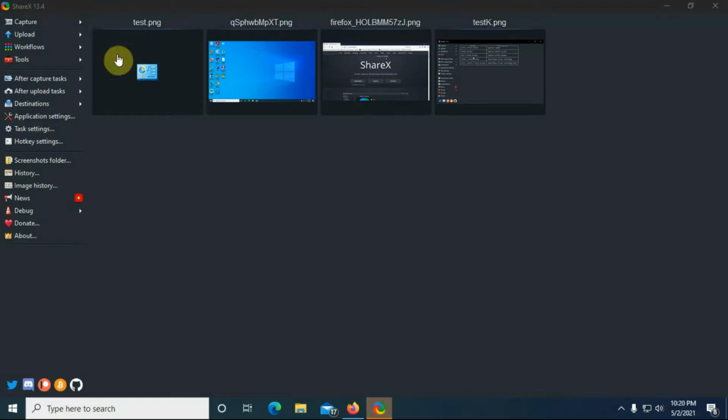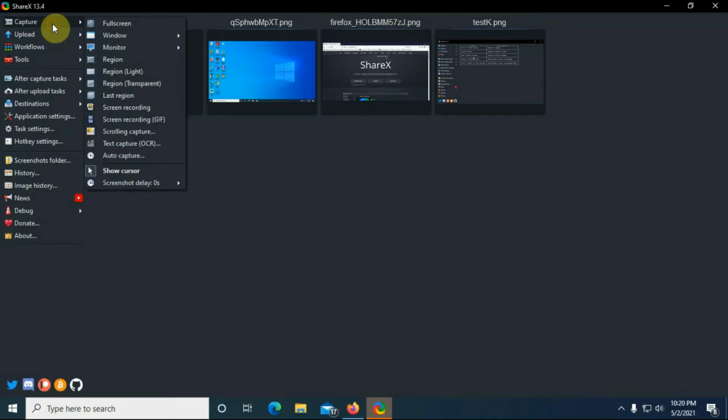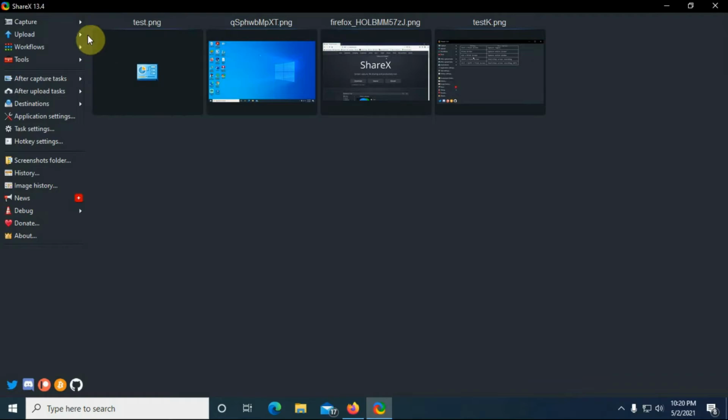Okay, so let's go to capture, upper left hand corner, click on capture. You can do full screen, window. Window is basically if you have, say, 20 windows open, you can choose what window to capture. Click on it and it'll screenshot it. Monitor does all your monitors, so you can choose what monitor you want, if you have 2 monitors, 3 monitors, 4 monitors. Region is